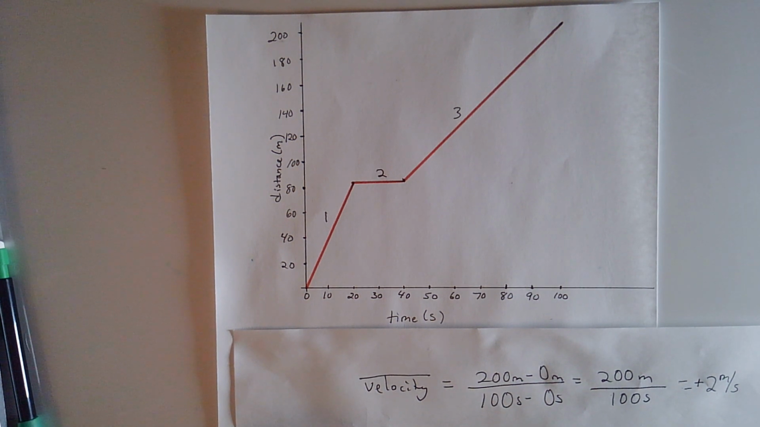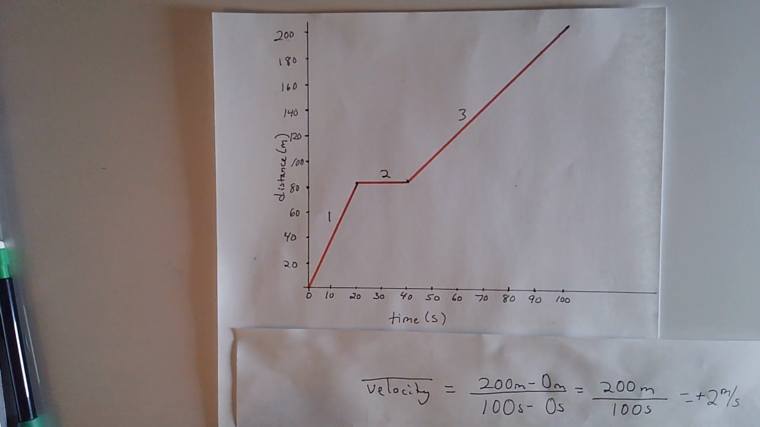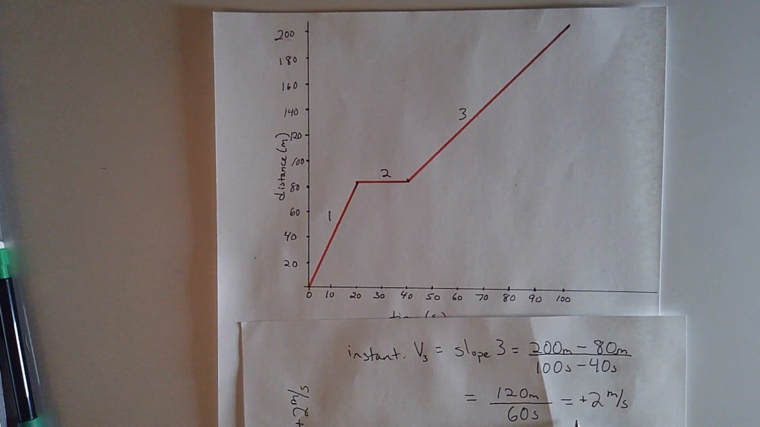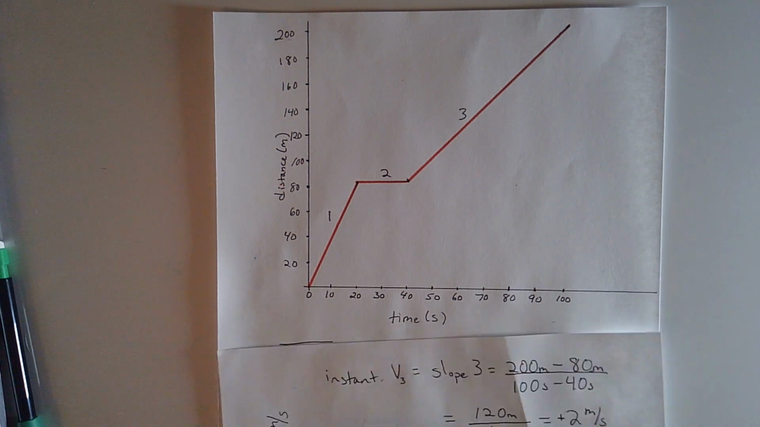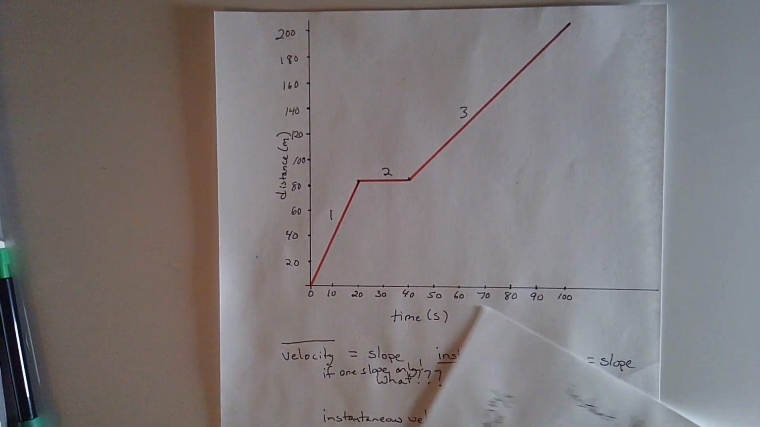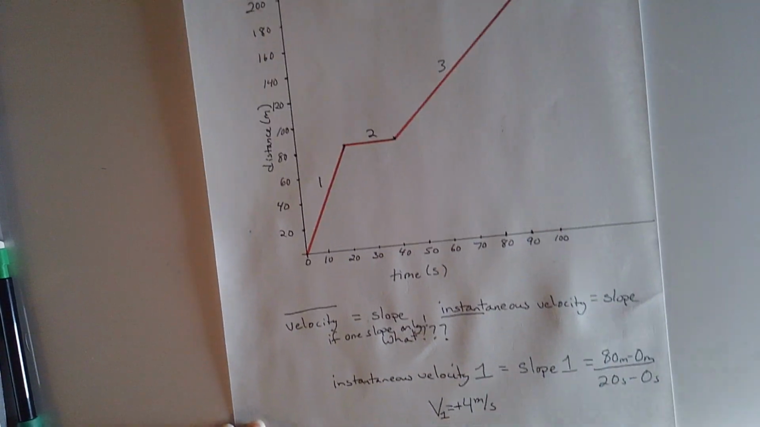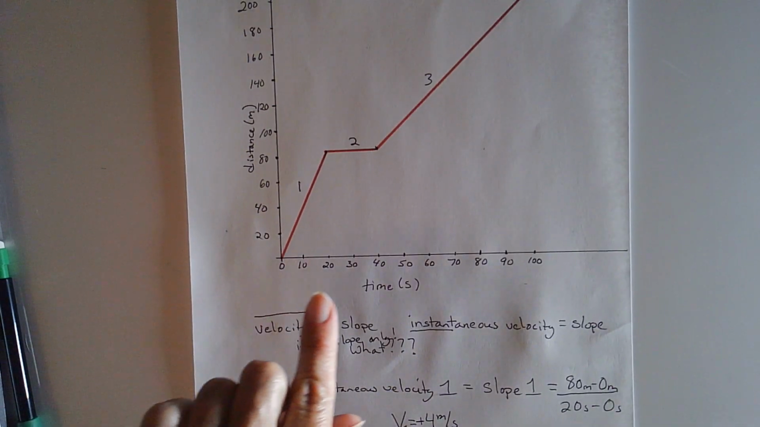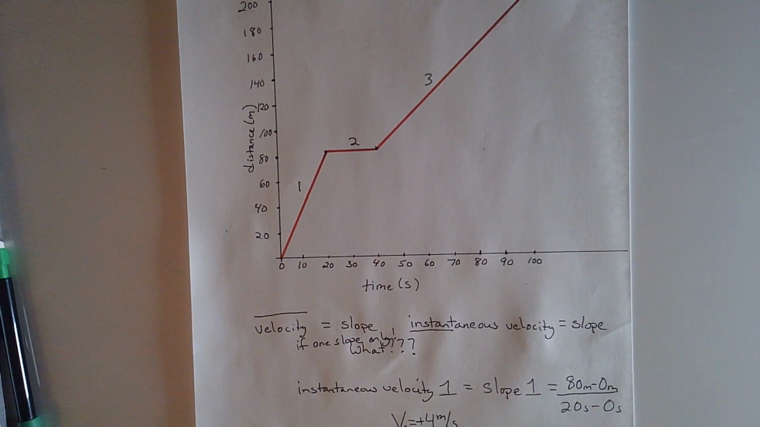Well, wait a minute. We just said the instantaneous velocity for part 3 was also 2 meters per second. Is it always going to work out like that? No. No, it's not always going to work out like that. It just happens that if we were to take all of those velocities at every instant in time and average them all,